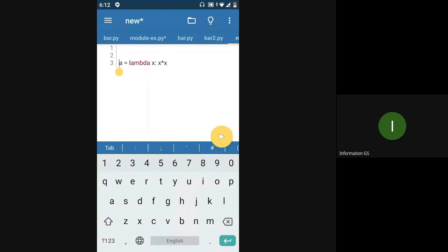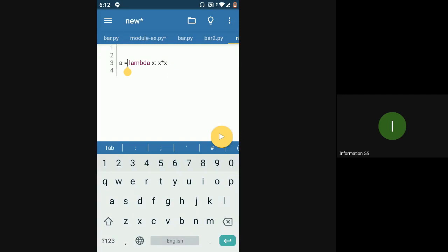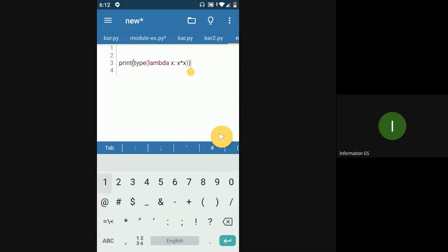Now I have this a, right? What this lambda syntax returns is a function. You can test that by using type. I'm going to check the type of the output of this lambda definition that we have given.